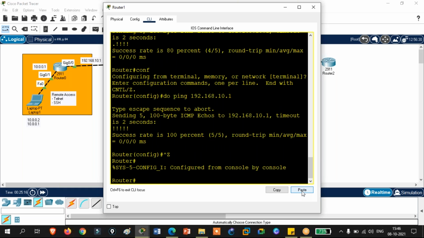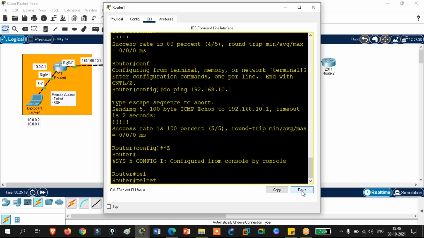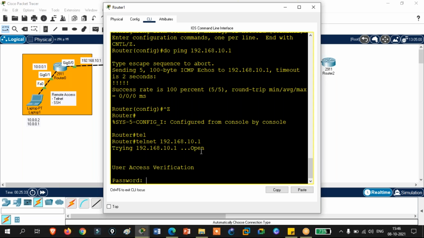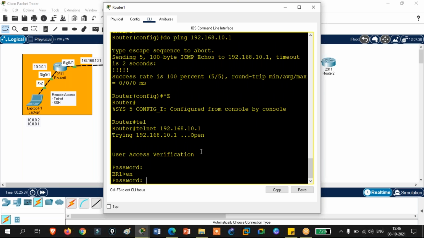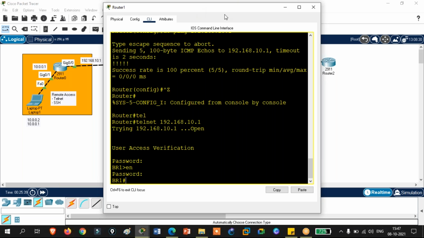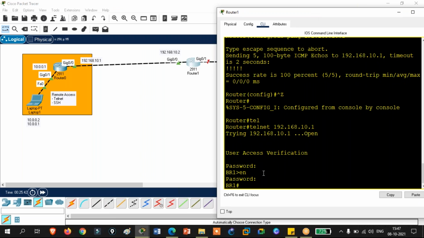So if you have the communication, can you take the telnet access? Yes, use the command telnet and write the IP address of the front router. You can use any of the IPs, this one also and this 10.1 also, but that IP should be reachable. That is the interesting thing here. See, you are able to take the telnet access. Enable user password, and see here. This is the reason you need to put the hostname, because you never know on which router you are actually. Makes sense.